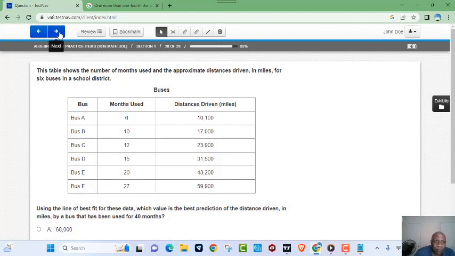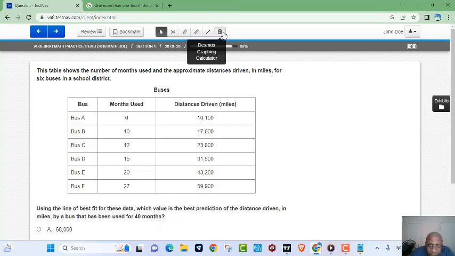All right, one more question. Let's see. This table shows the number of months used and the approximate distances driven in miles for 6 buses in the school district. Okay, so 6 buses, bus C this, bus that. Okay, using line of best fit, which value is the best prediction of the distance driven in miles by a bus that has been used for 40 months? Okay, so